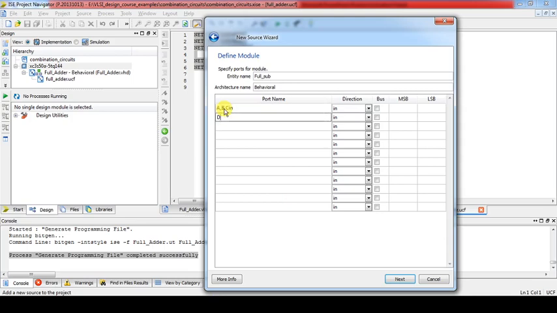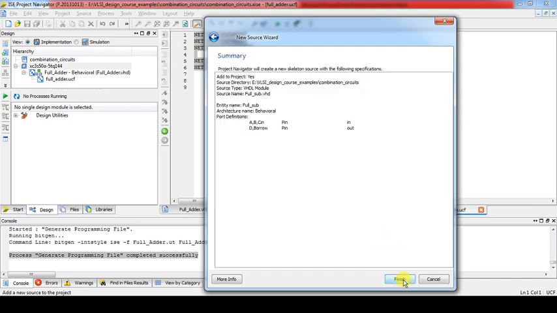Since the input and output names came out the same, instead of the output B we can give a more readable name, difference, and directly name the other one borrow. We declare these as out, then next, finish.